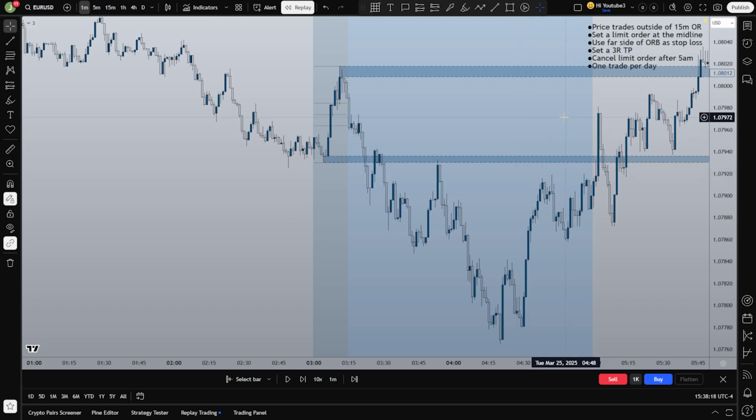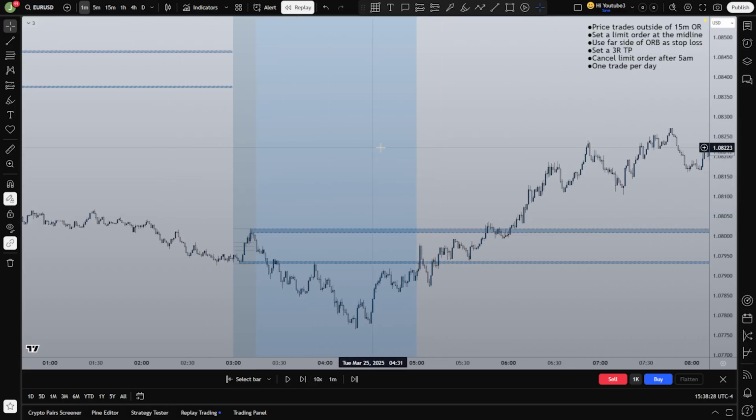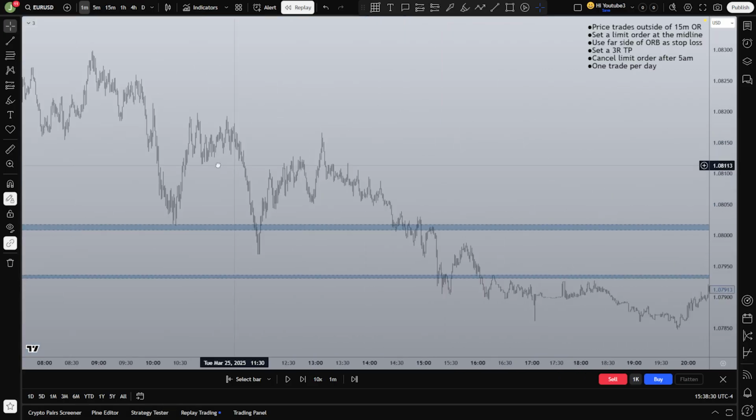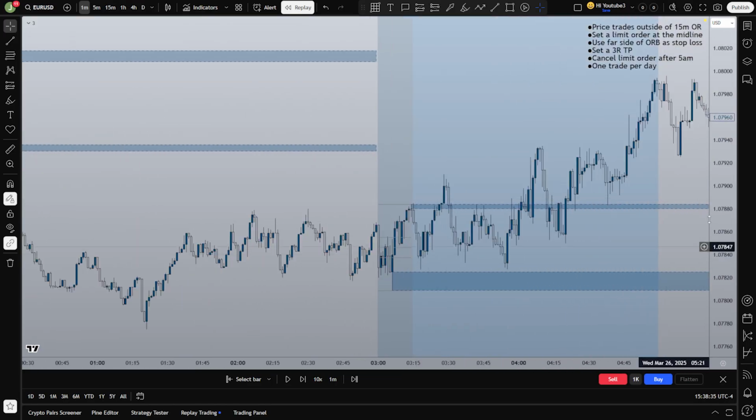So this looks like a day that we just don't get tagged in again. So we break out right here, and the retest just doesn't come back high enough to get us into the trade for the day. So we move on again to the next day, where I think we do get a